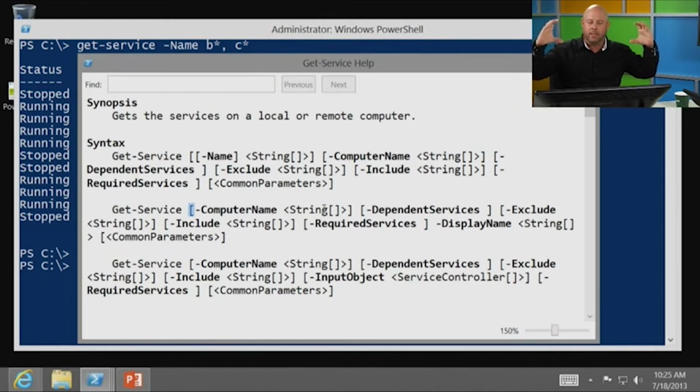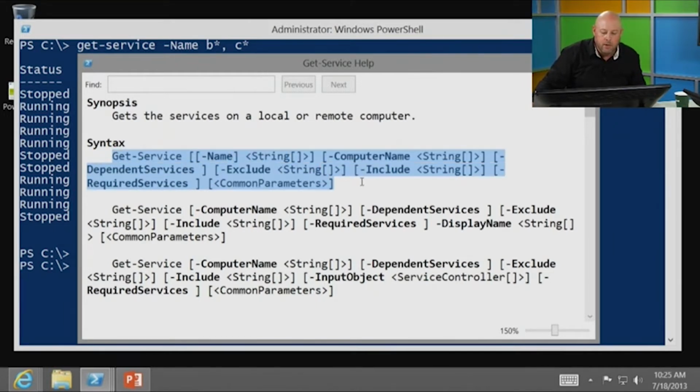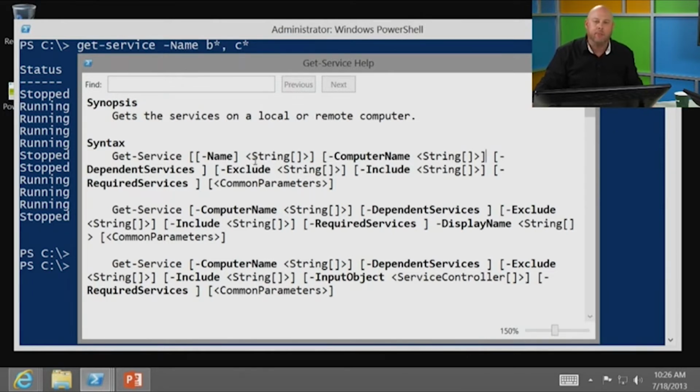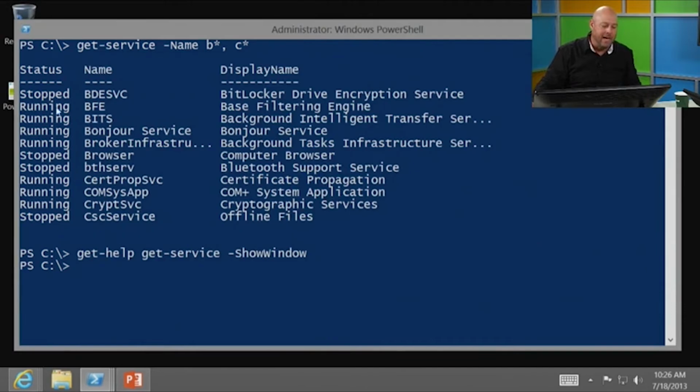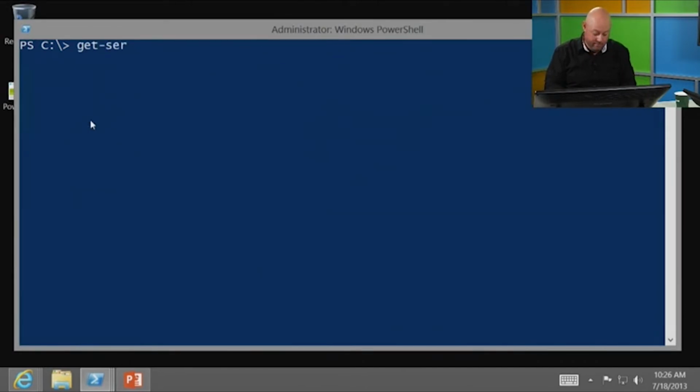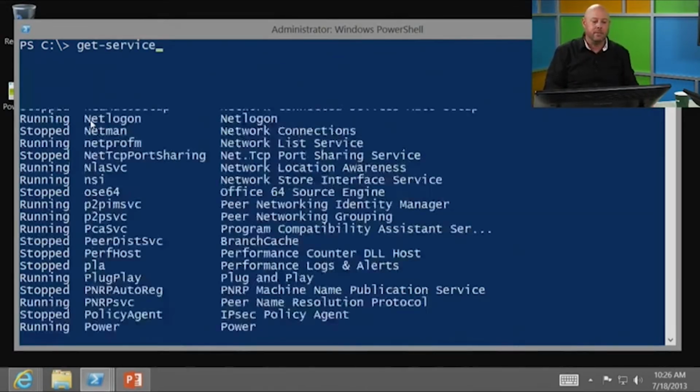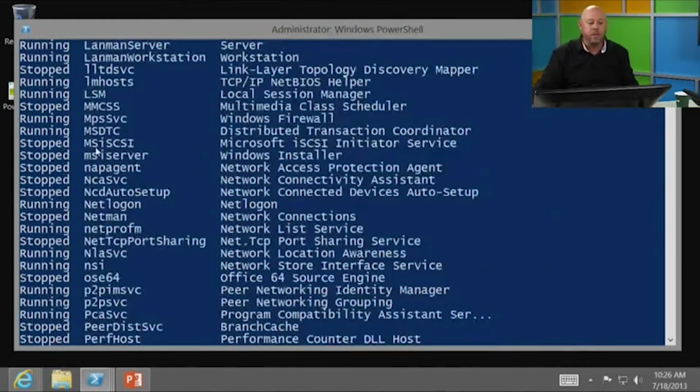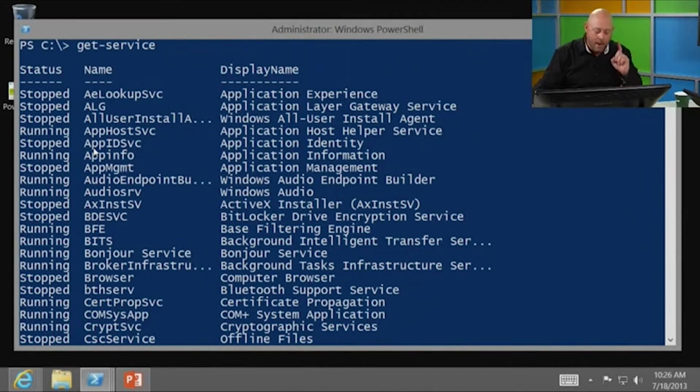A great example is this first syntax up here. Notice that everything has these brackets around it, which means that there's nothing actually required that I type in. I've got them around here, around here, and every single one of them is optional. That means all I have to do is type Get-Service, and it gives me a whole list. In other words, no parameters were required. But